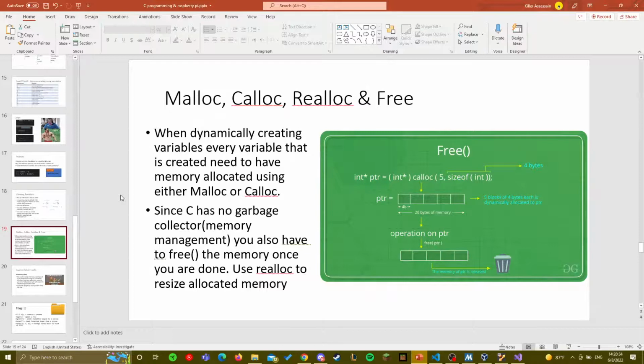You use realloc to increase the space that you want. You have a larger array, you want to increase the size of your array, you realloc. malloc and calloc are basically the same thing, except calloc sets everything to 0. All the memory within it is zeroed out, so there are no anomalies. Like if you create an int and don't set a value to it, and then tell it to print it out, it'll give you whatever was there before.